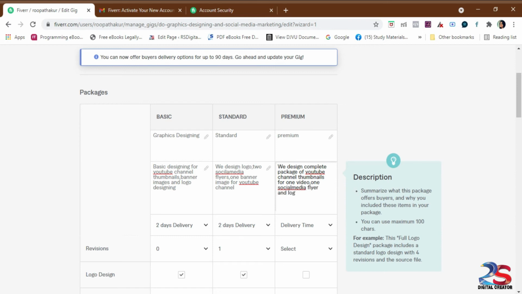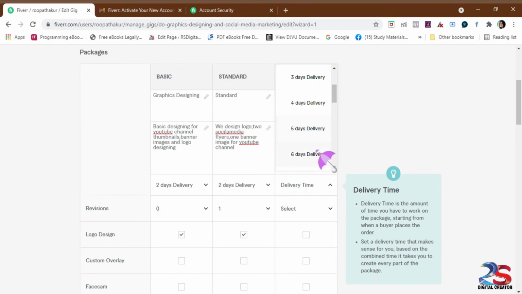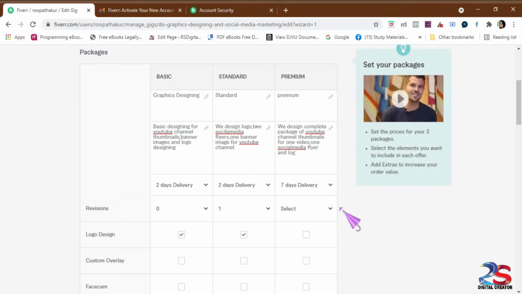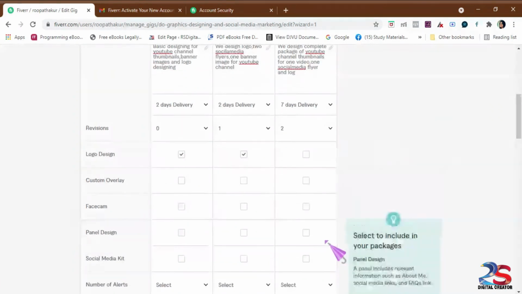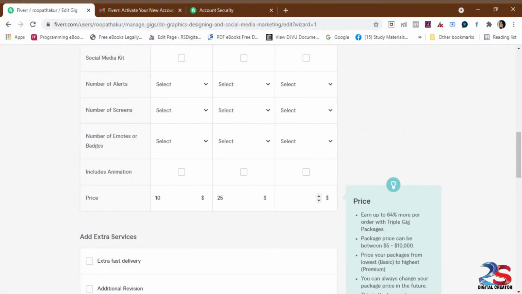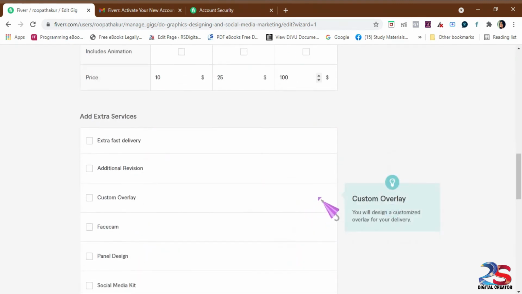And then just select the timing. Here I'll select 10 days or 7 days, let me check. And then for reviews I can go for 3 reviews or 2 reviews, and then I'll add the price, something around $50. This charges a lot, because we are going to talk with the client, take their requirements completely, and do the complete project until they are satisfied with our designs. So this is a premium project, you have to spend more time, so you can charge a little more.